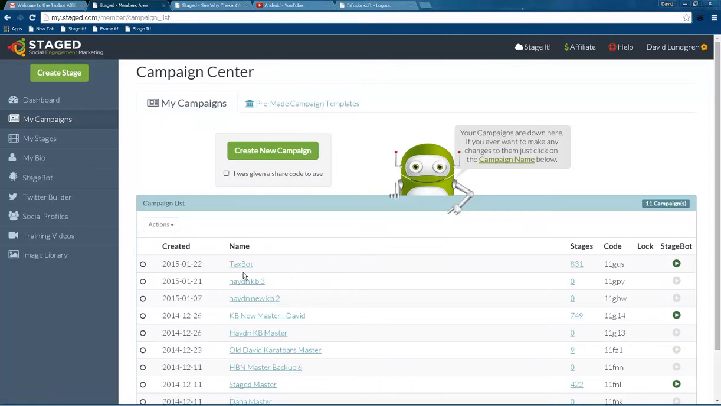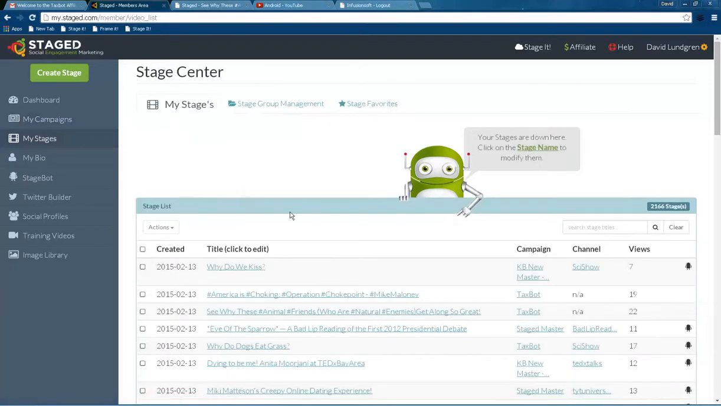So I'm going to hit exit, and now you can see that that campaign, my TaxBot campaign, has pulled in 831 stages. My carrot bar 739, and you can see that the campaign is active. So now we're going to go back here to stages, my stages, and you can see now I know exactly what campaign that